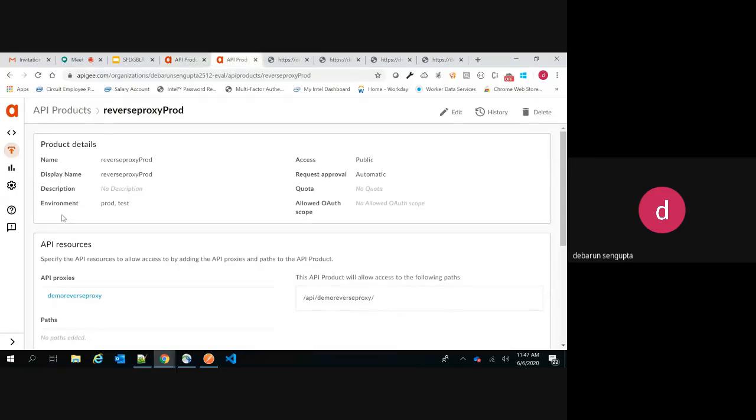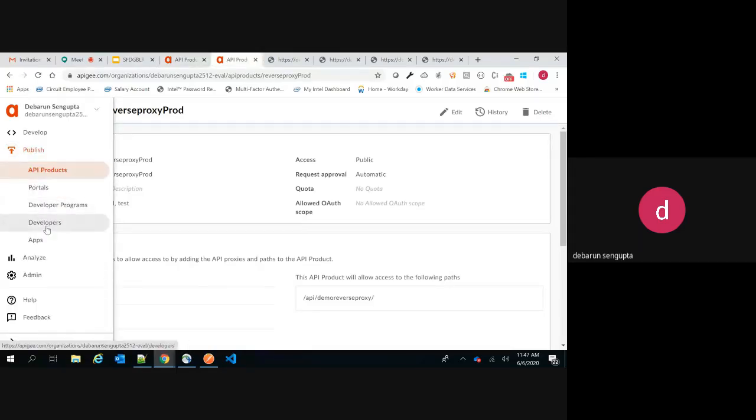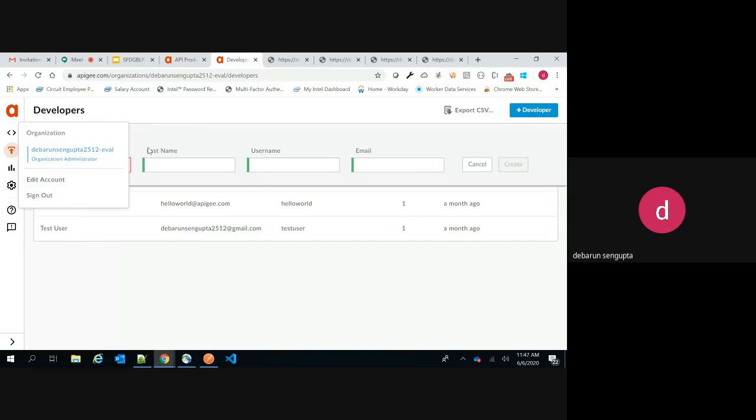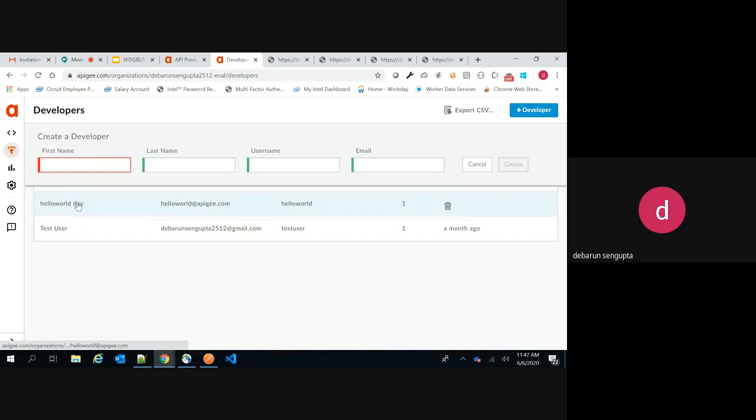Once you create the product, you have to come to the developer tab. Say this endpoint which you have created, we generally have a service account kind of a thing in all the organizations. Whenever we are doing any callout, there is a service account which we generally create for accessing the service. So for that, you have to simply provide the first name, last name, and the username and email of that user, which we'll be using for calling this service.